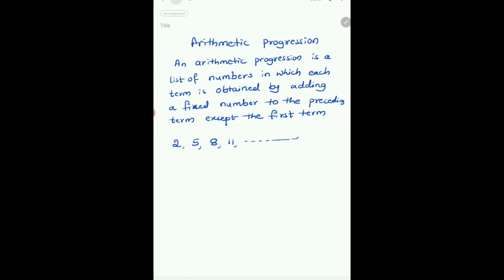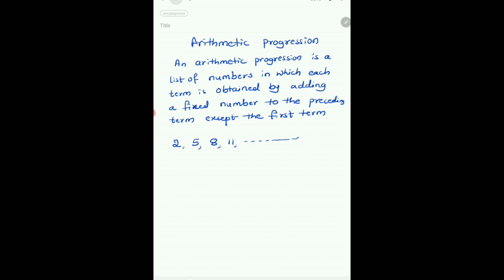And how is the second term 5 obtained here? That is by adding 3 to the first term 2. That is 2 plus 3, 5. How is the third term 8 obtained? By adding 3 to the second term 5. That is 5 plus 3, 8. And the fourth term 11 is obtained by adding 3 to the 8. Similarly, the fifth term can also be obtained by adding 3 to the 11. That becomes 14. Next 17. So on. So this is an example of AP where